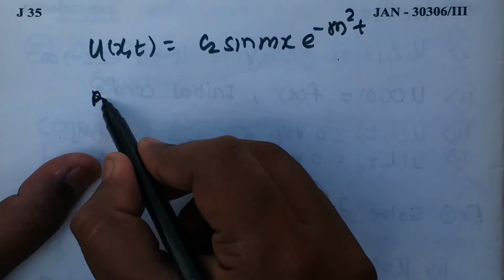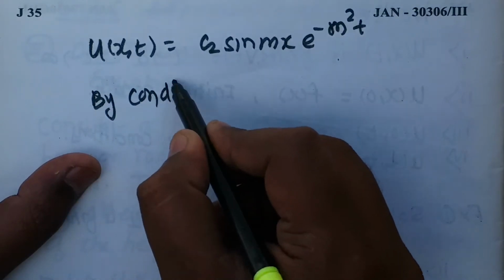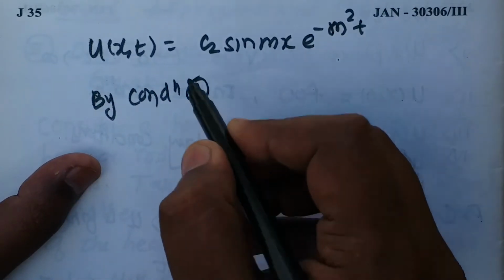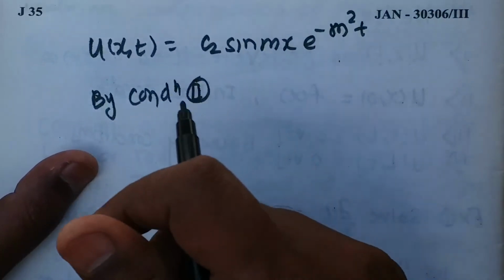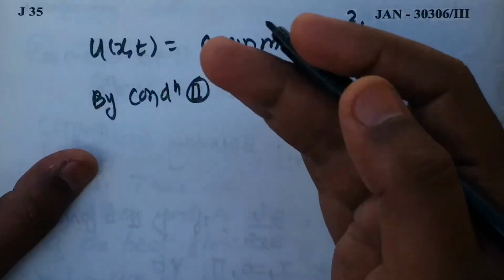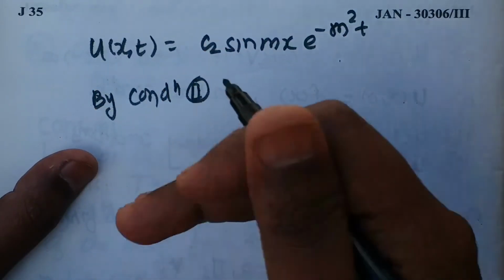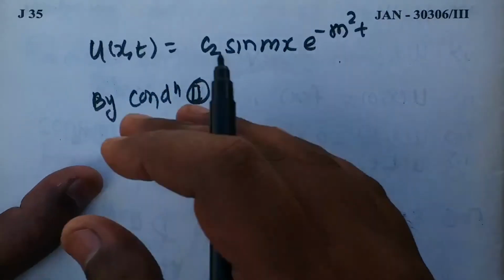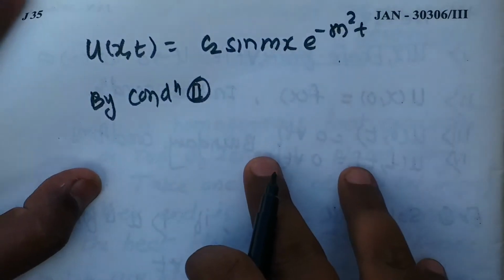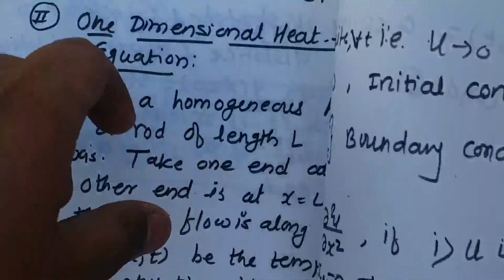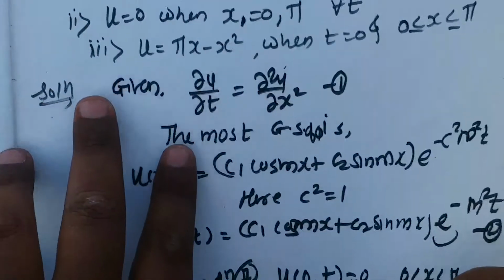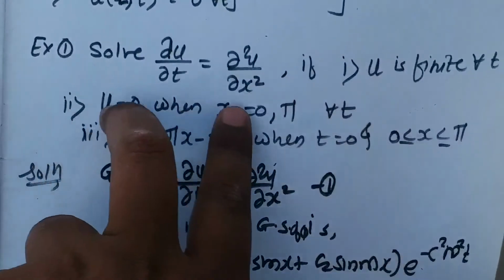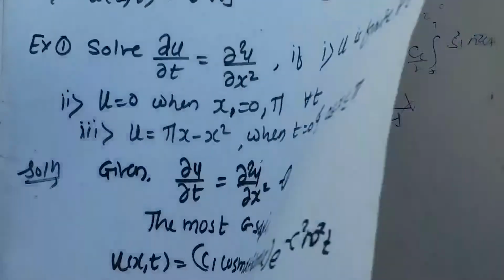So let us use the next condition, the second boundary condition. In the wave equation we had a different form: first we use a boundary condition, then an initial condition, then a boundary condition, then an initial condition. Here we use both boundary conditions and eliminate constants, because the first condition, that u is finite, we never use in the problem. We use these two conditions, and then the last, third one. Only three conditions we use.